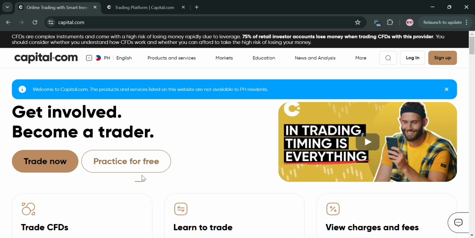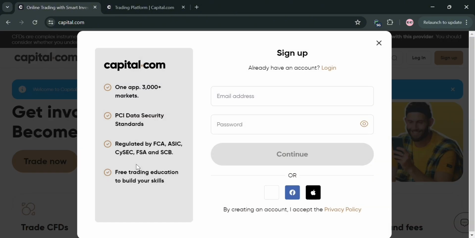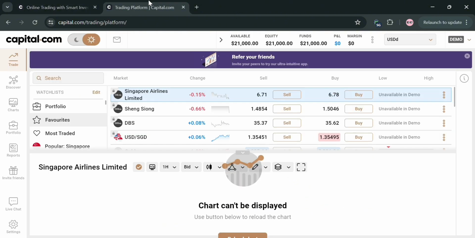Now, to start using this platform, you could click this Trade Now button or this Practice for Free button right here. Upon clicking on it, it will show you a pop-up window where you can sign up using your email address and by entering your password, or alternatively, you could sign up using Google, Facebook, or Apple ID. After signing in, you will be directed to this page right here, which is the dashboard of